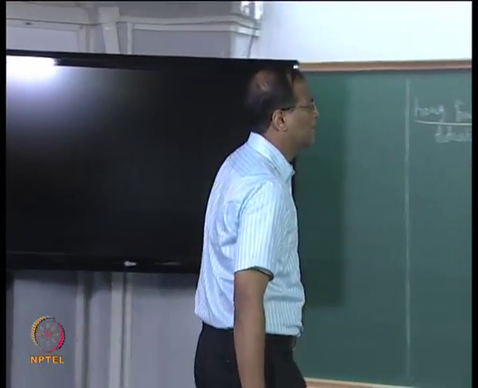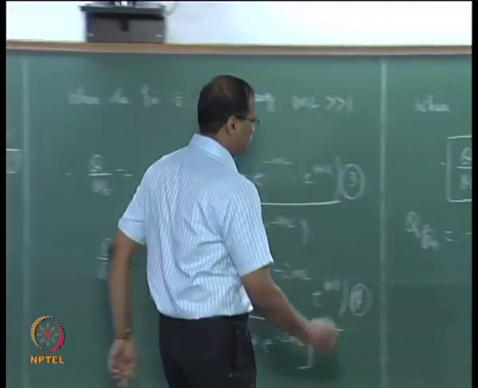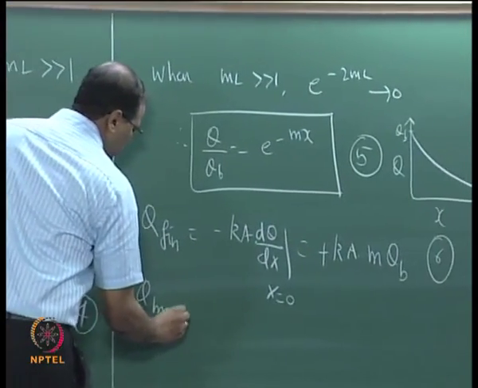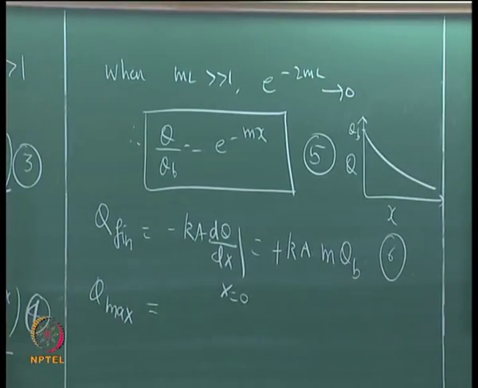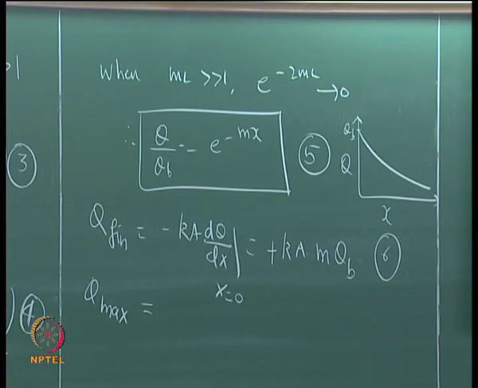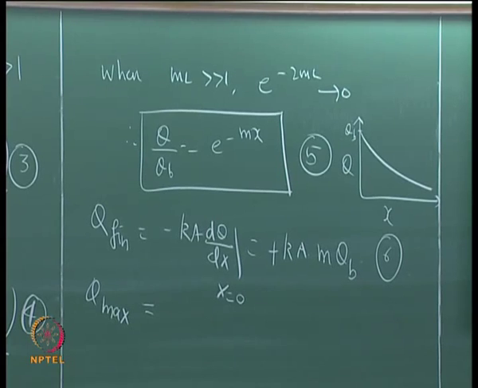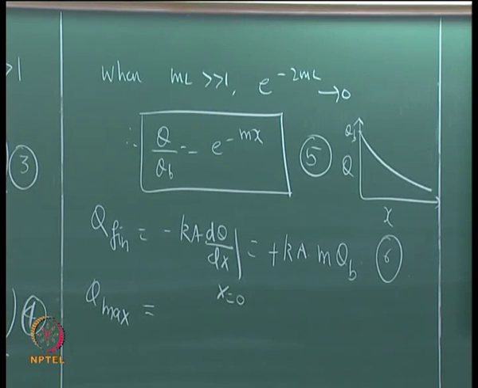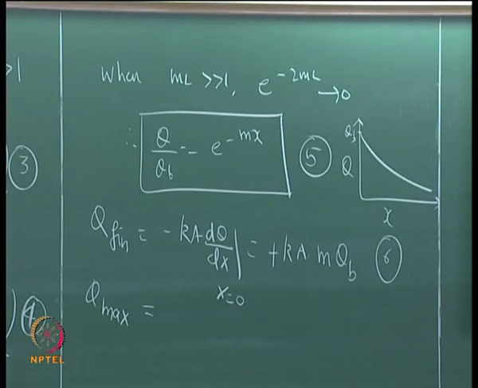Okay, now what is the Q max? The maximum heat transfer possible. The maximum heat transfer which is possible from the fin happens when the whole fin is at the base temperature, that is T equal to Tb throughout or theta equal to theta b throughout. Please remember theta is the temperature excess, T minus T infinity, right. So this will be hPL